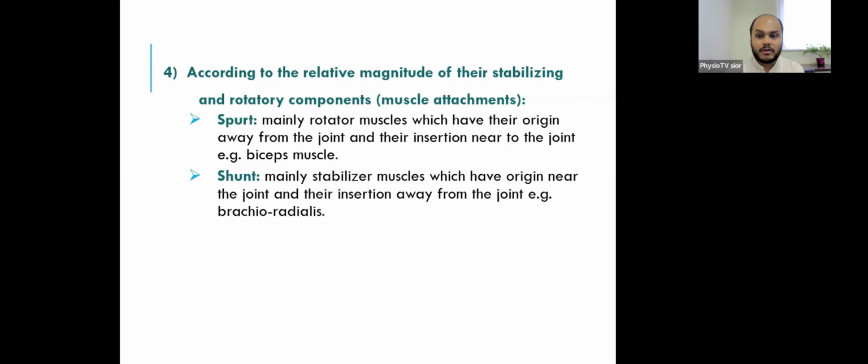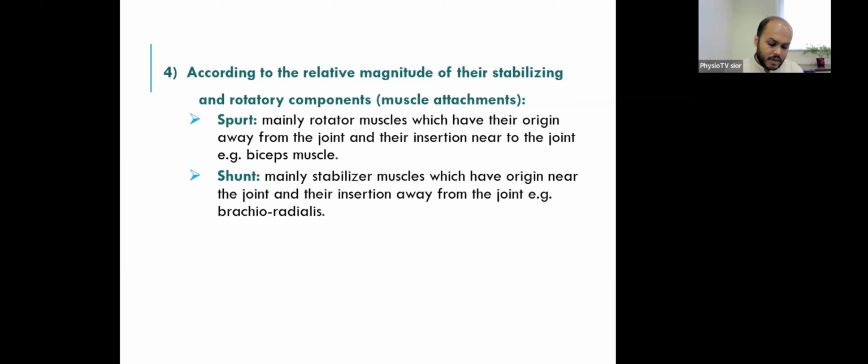When I talk about the spurting action of biceps brachii, it is with respect to the elbow, where the origin is far away at the shoulder but the insertion is near the joint. So this muscle will have more of a rotatory component. And as we see, after 70 degrees of flexion, the biceps is one of the major distractors of the elbow joint,